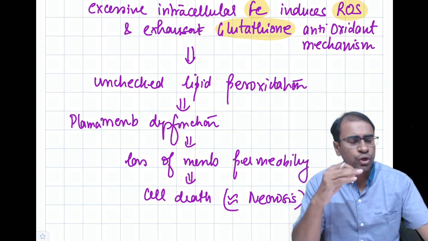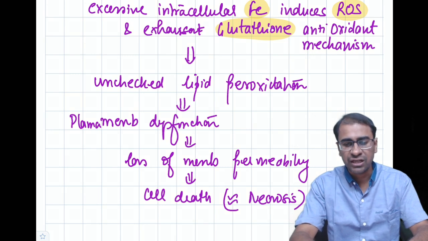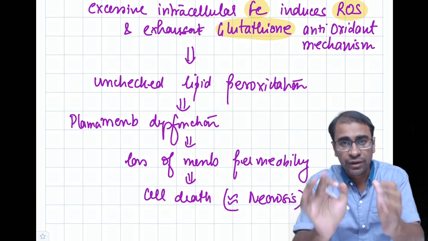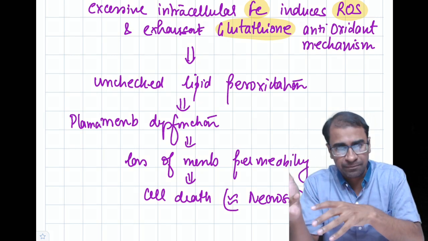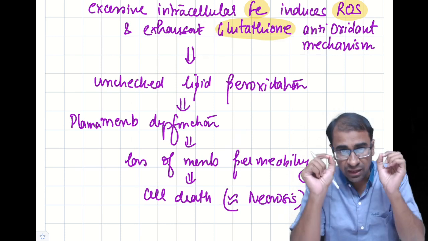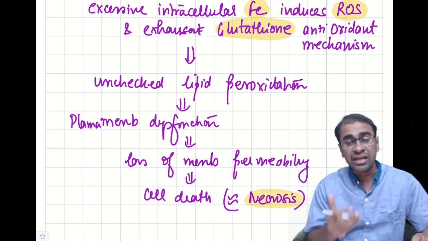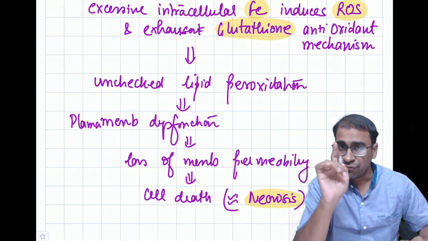And you simply know that whenever you talk about reactive oxygen species, you'll always understand it is about necrosis. So let's understand what brings upon this unique mechanism. Please understand, the cell death is like necrosis. The reason is increased iron inducing reactive oxygen species. We must also understand, before we understand the mechanisms,